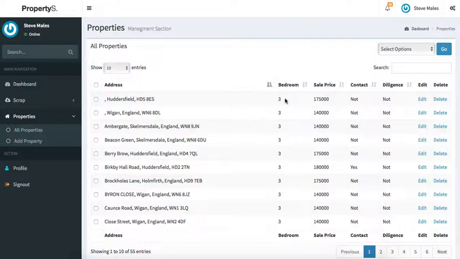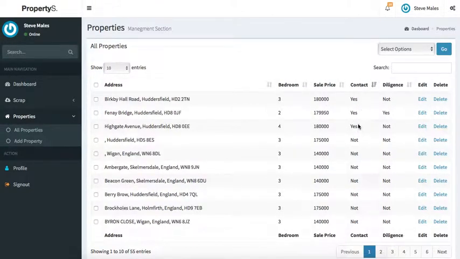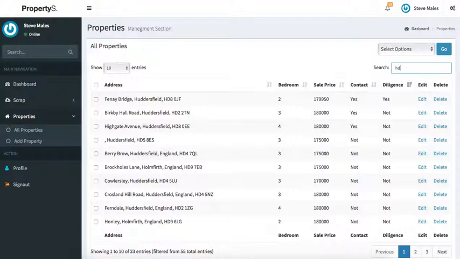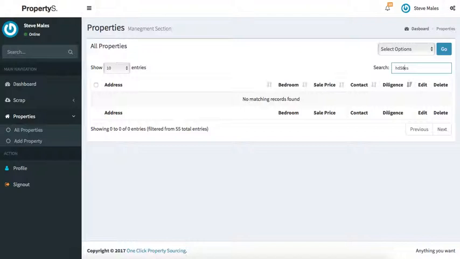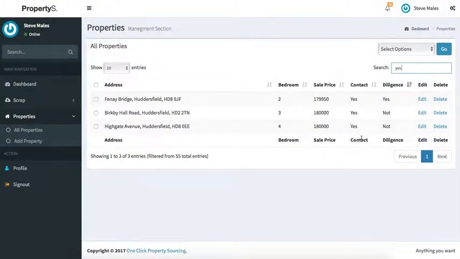So we're pulling fields in, as you can imagine, like number of bedrooms, the sale price. You can sort all these fields if you want to focus the contact yes at the top, or the diligence. You can probably search for particular properties in here if you want to look for HD58ES as a property. Oops, sorry, I should have a space in there just to narrow your property down. You could probably just search yes as well and just get all the ones that you've either got contact made or diligence, but we can add filters. We can tweak this when you start using it and see what we need in there. So if I just take that out,